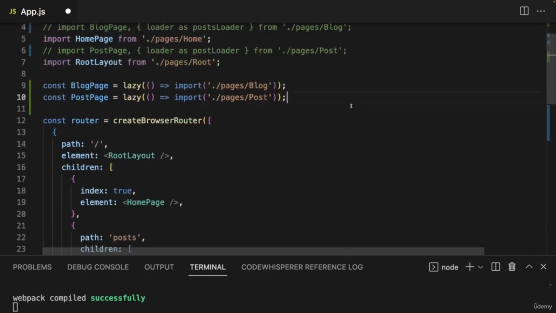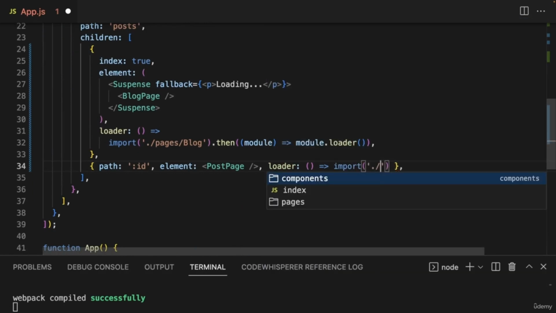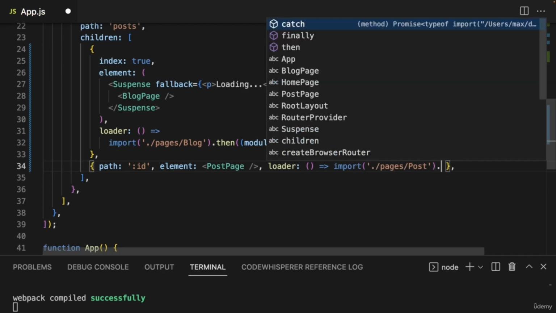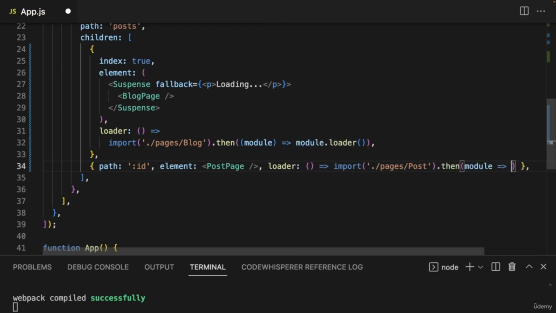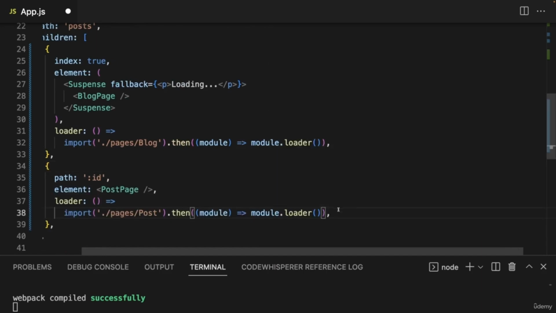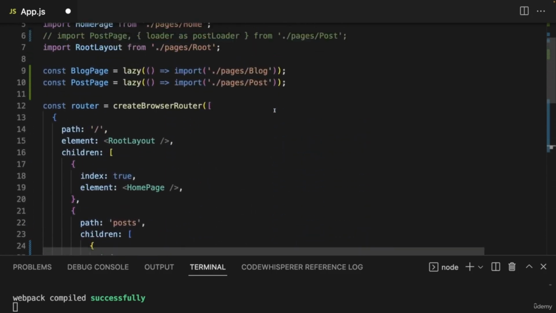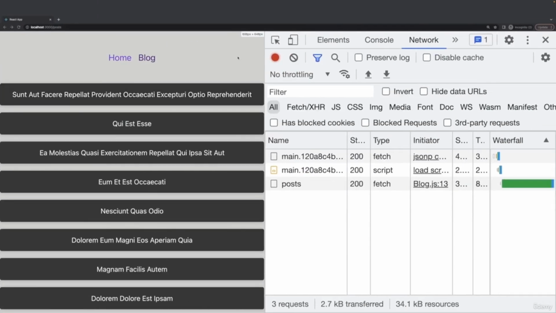The second step is to also use the loader code lazily, and for that here I'll again pass a function to my loader where I call import as well and import pages/post, and then here I get my module where I then access the loader and execute that loader function. So now with that I also load the post page component lazily,